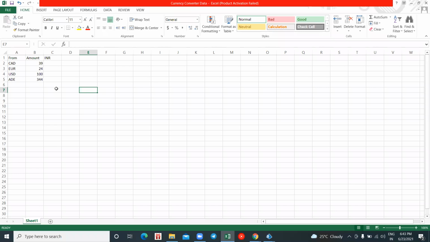I want to convert my Canadian dollar, these 39, to INR. So in the from text, my Canadian dollar will be printed. In the to text, my INR will be printed, and in the amount section, my amount gets printed. In this way, it will perform for all these 5 rows, and after performing for all 5 rows, the values from my collection will again be